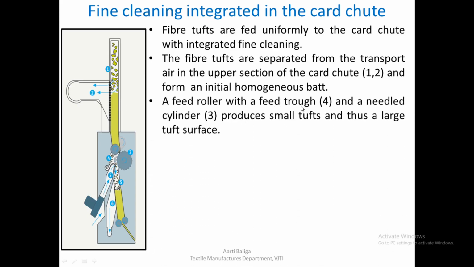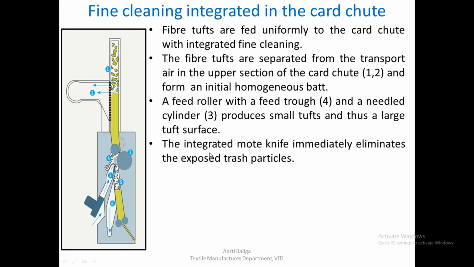A feed roller with a feed trough 4. So there is a feed roller and a feed trough, and also a needled cylinder, marked as 3 here, which produces small tufts and a large tuft surface. So again a good amount of opening is happening, and the integrated mote knife will help in removing the trash, which eliminates exposed trash particles.